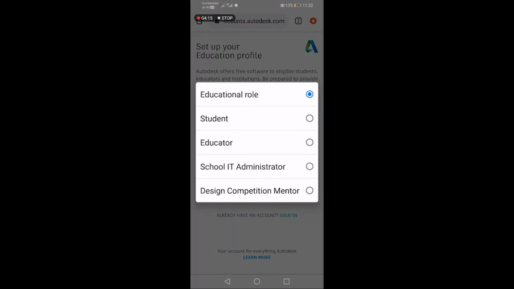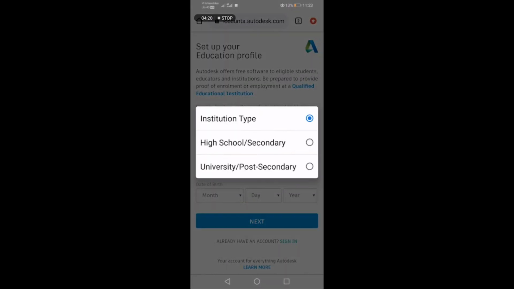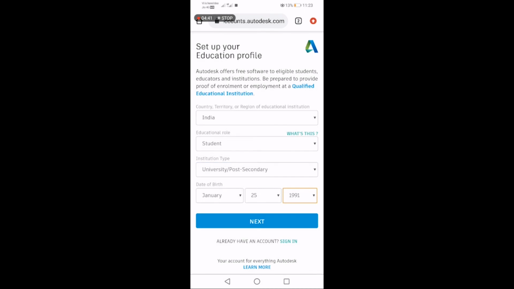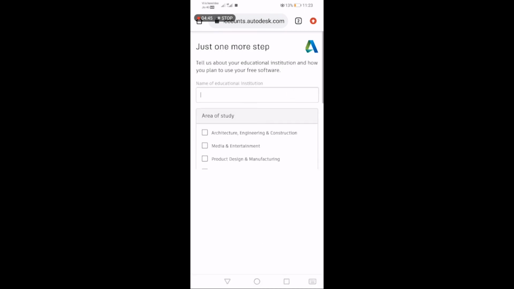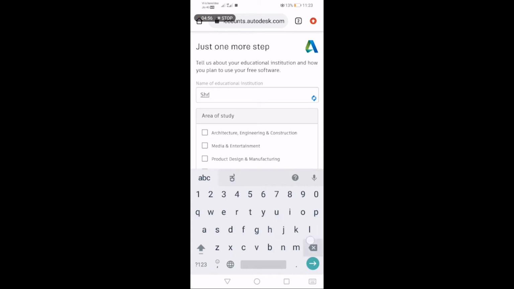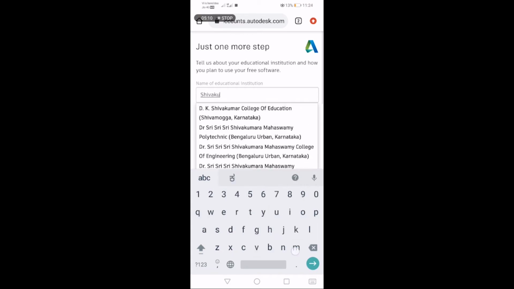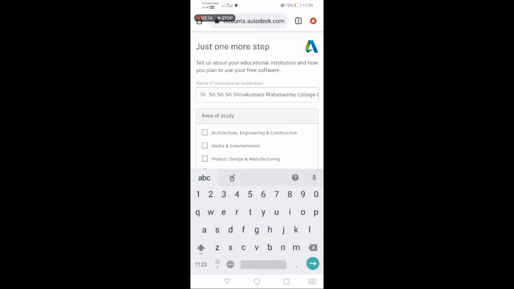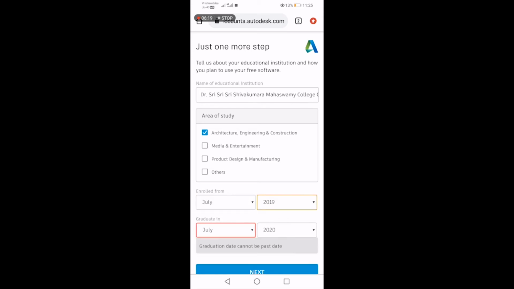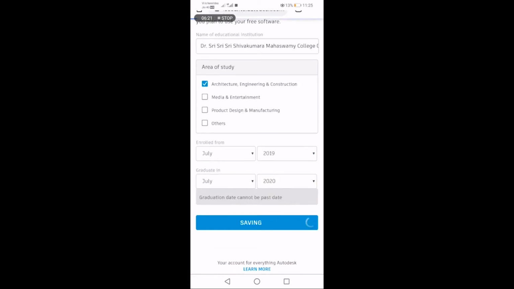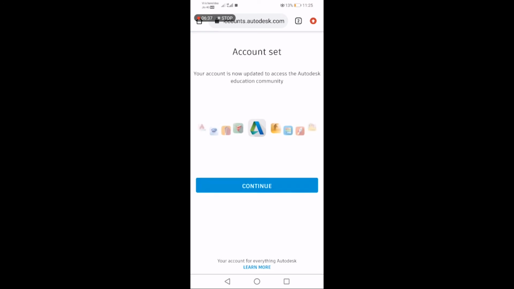Select education role, institution type, and your date of birth. And select the name of your education institution, area of study, enrollment details, and click on next. Now our account is set properly. Click on continue.